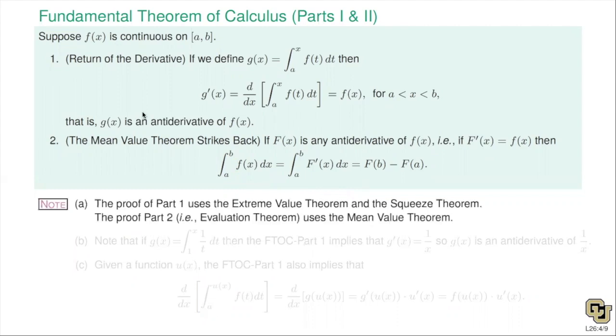Some comments here. The proof of part 1 uses the extreme value theorem and the squeeze theorem. And those are the real reasons we studied the extreme value theorem and the squeeze theorem. The squeeze theorem is also important for limits. And the proof of part 2, which the book also calls the evaluation theorem, which is what's covered in